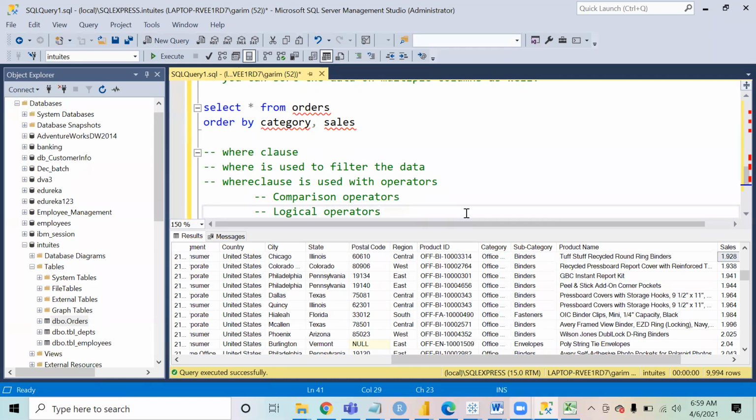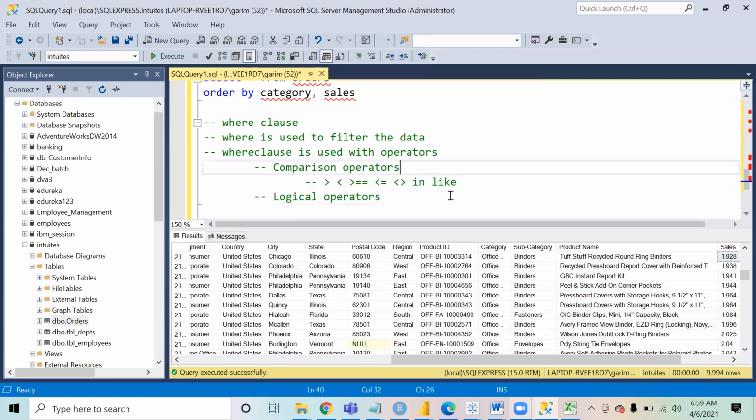In comparison operators, we have operators like greater than, less than, greater than equal to, less than equal to, not equal to. We have the in operator, we have the like operator. Similarly, we have some logical operators which are and, or, and not.